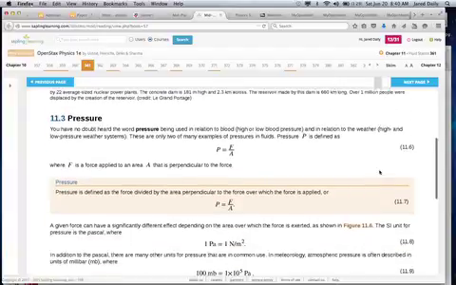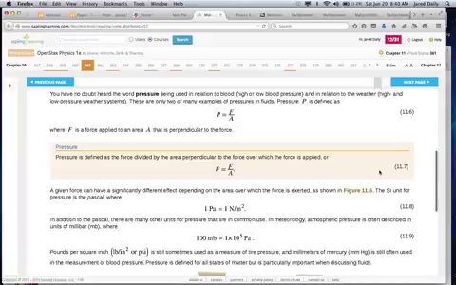So pressure, what is pressure? Pressure is actually a defined quantity. So we define it as the force that is exerted across an area. So it's like a force that's spread out. Instead of acting at a single point, it's spread out over an entire area,